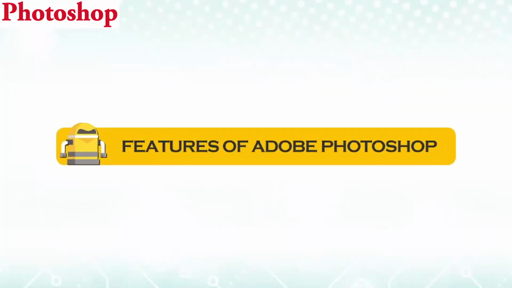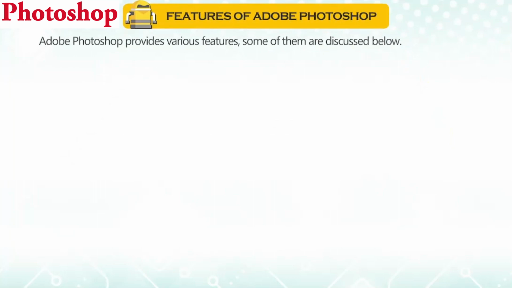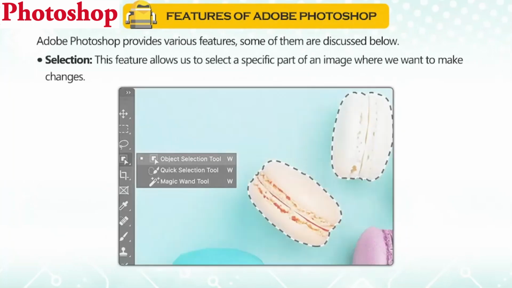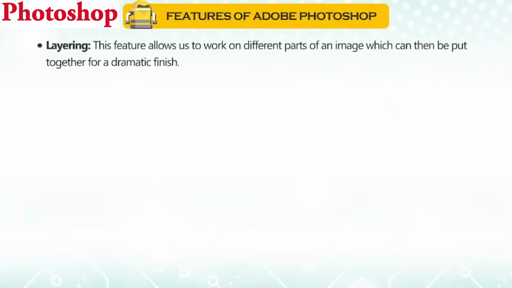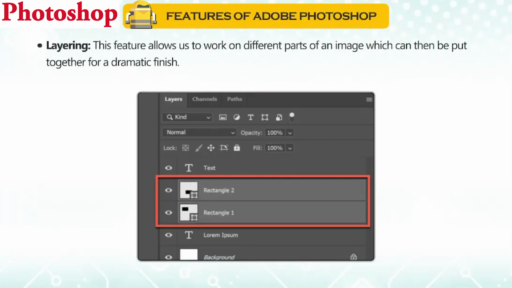Features of Adobe Photoshop. Adobe Photoshop provides various features. Some of them are discussed below. Selection. This feature allows us to select a specific part of an image where we want to make changes. Layering. This feature allows us to work on different parts of an image which can then be put together for